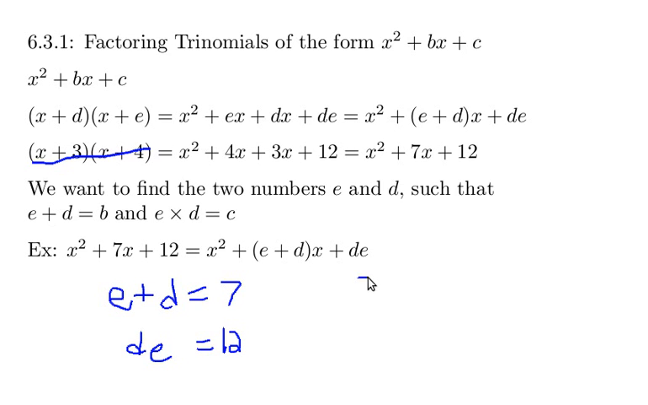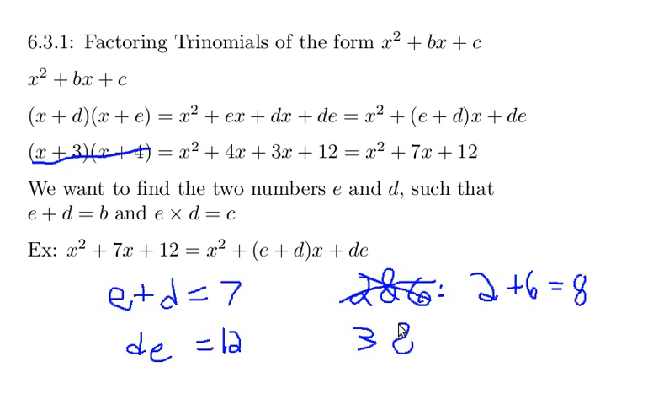So let's try 2 and 6. When you multiply them together, they make 12, right? What happens when you add them together? 2 plus 6 equals 8. So that means that 2 and 6 does not work, because when you add them together, you didn't get 7. So let's try 3 and 4. What happens when you add 3 and 4 together? 3 plus 4